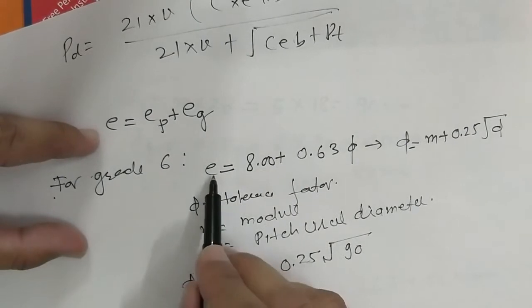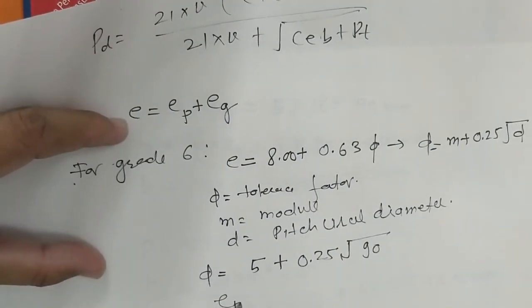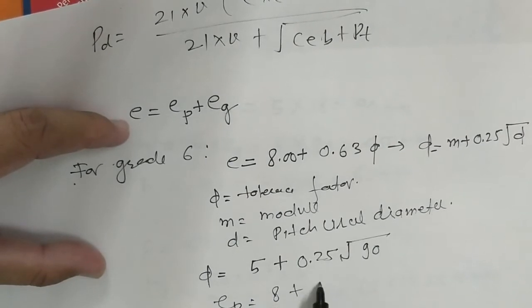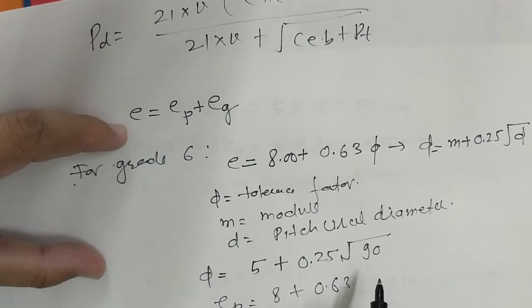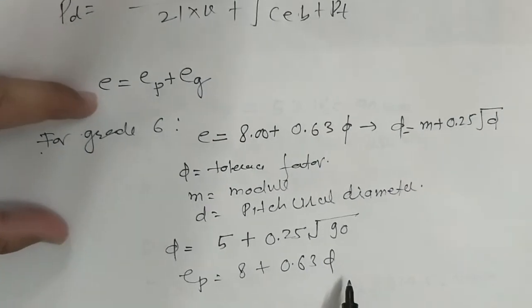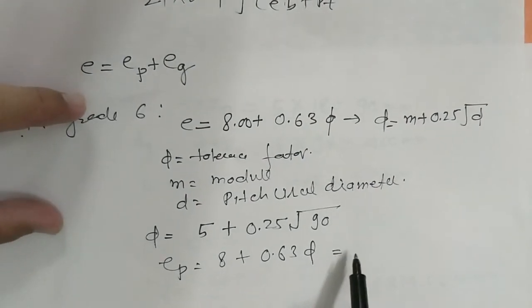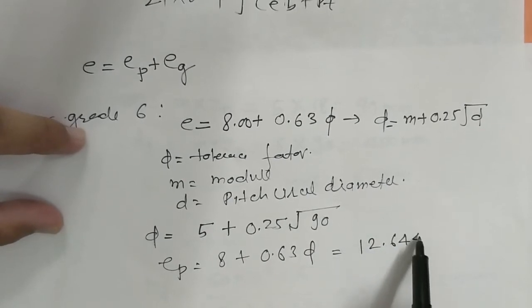So we can calculate Ep. So Ep is 8 plus 0.635 multiplied by phi. After putting this value in this formula, we'll have Ep equals 12.644